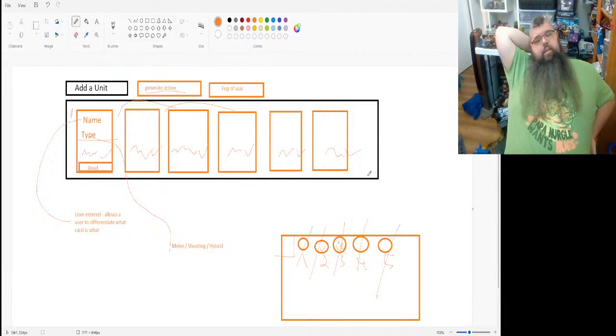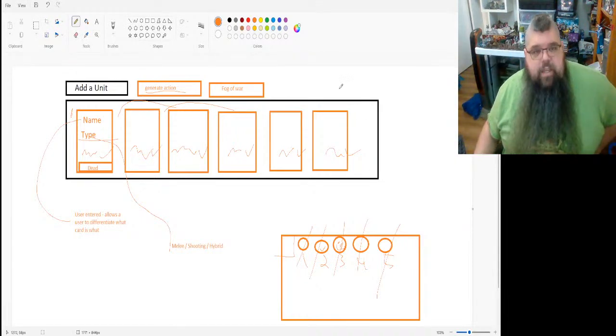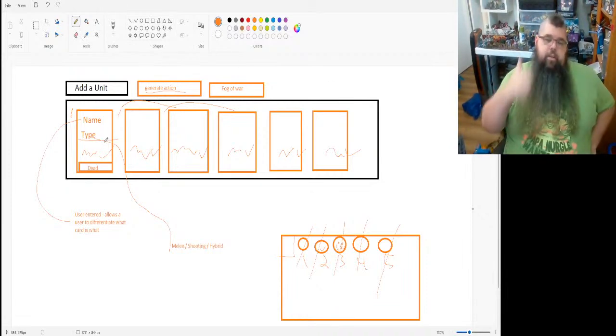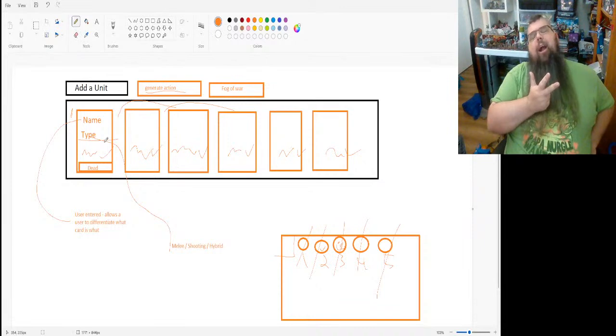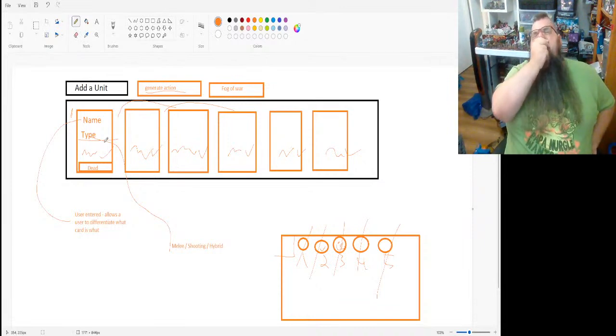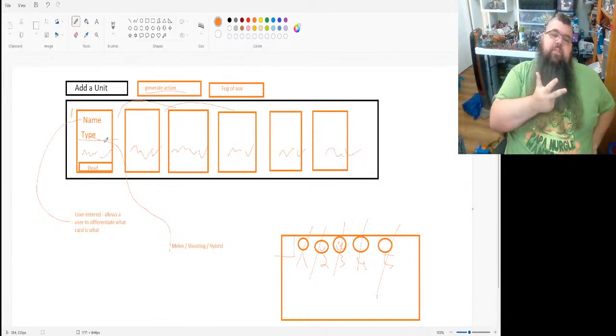Now, the reason I don't think removing the fog of war by default is an issue is because there is enough level of obfuscation that it will make predicting hard. So each one of these, right, they're going to be in a new order. They're going to be using certain enemy types, and they're going to be using certain actions, right? So, we're talking about multiple levels of obfuscation,